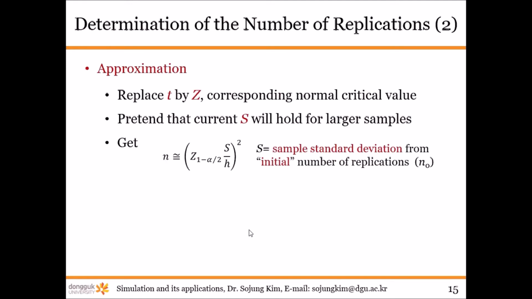Or you can use an approximation approach: replace t by z, then you can use the standard normal distribution. In that case, you can use this equation. h is still the target half width, and s is the sample standard deviation from the initial run of n0 replications. Usually we make 3 or 5 replications initially, because sometimes